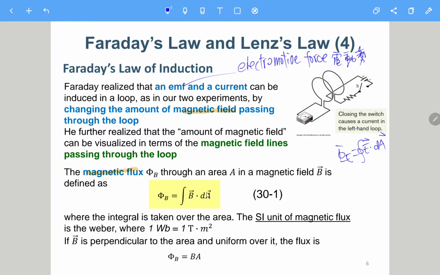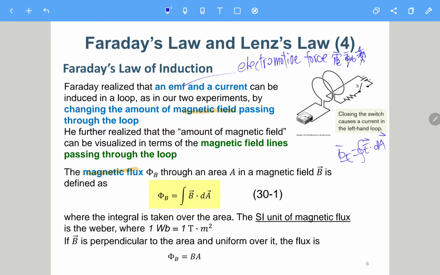And of course, we are free to define the direction of dA, not similar to the Gaussian surface. Because for a Gaussian surface, we define a closed surface, and the direction should always point outward, which is the positive direction. But here it is open. You can define it to be pointing this way or the other way. But finally, we should consider the